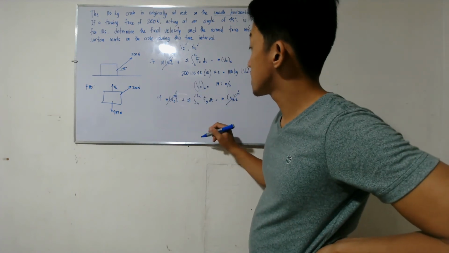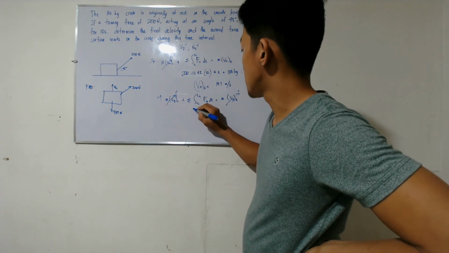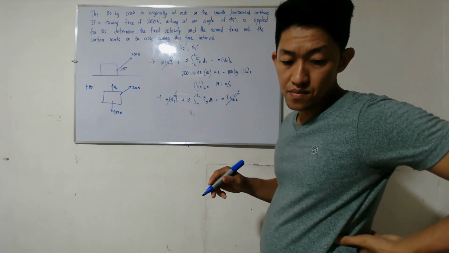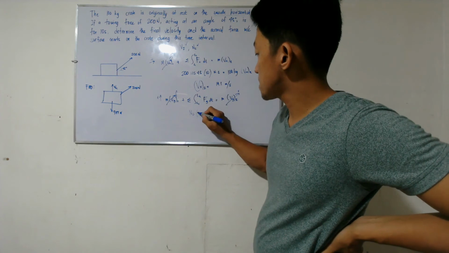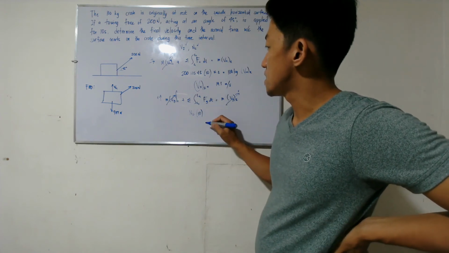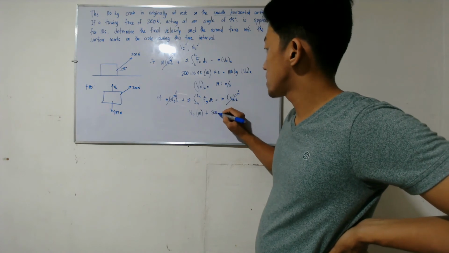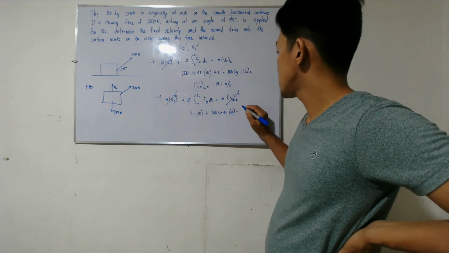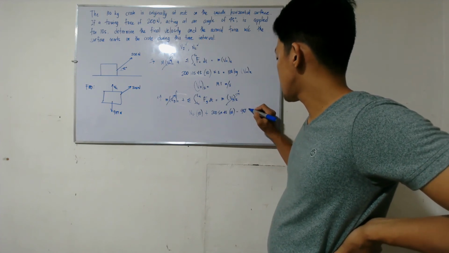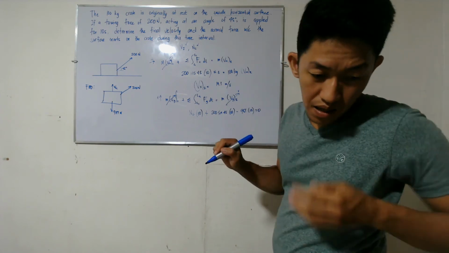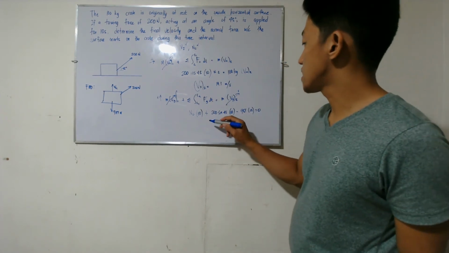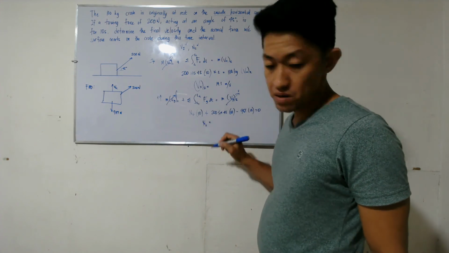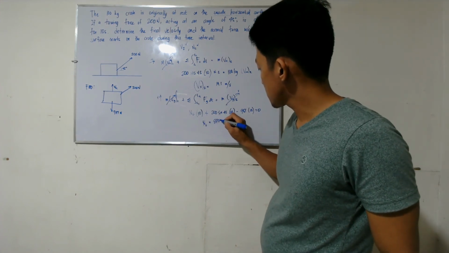So you have only N_C times 10 plus 200 sine 45 times 10 minus 981 times 10. Okay? Or tanggaling 10, pwede na may divide of 10. Therefore, normal component is just 840